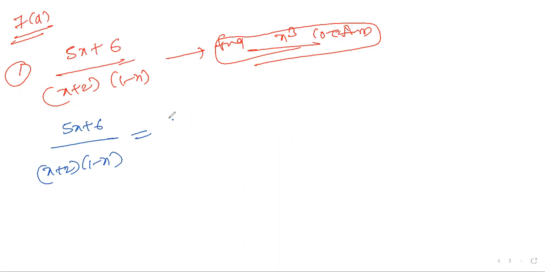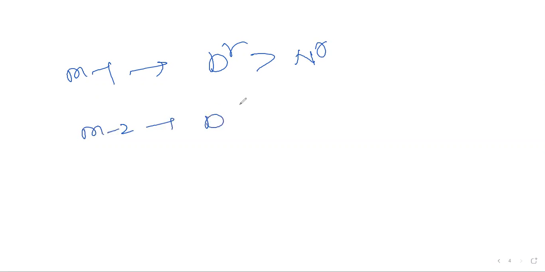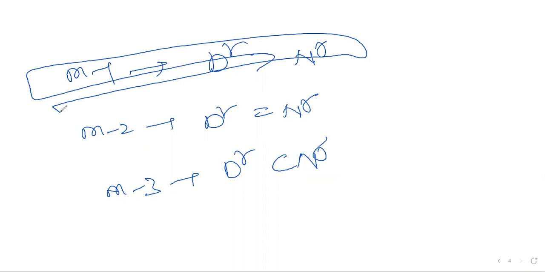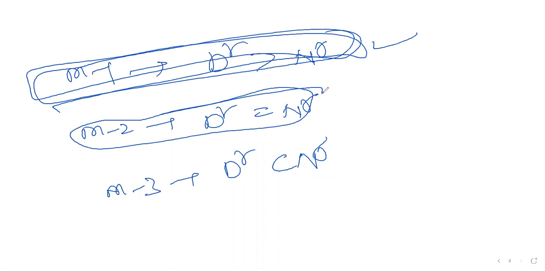When you're entering the classes, you must know what the model is. This is the 4th day of your partial fractions. What is model 1? Model 1 is when the denominator is more than the numerator. Model 2 is when the denominator is equal to the numerator. Model 3 is when the numerator is more than the denominator. For model 1, for two days you worked with this model 1 only. Model 2, we just recently entered in 7th C.